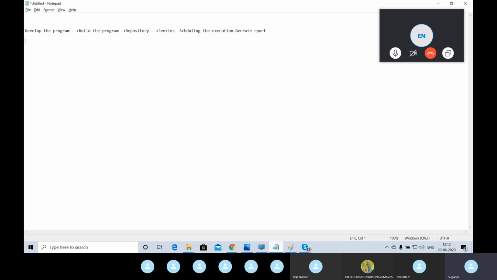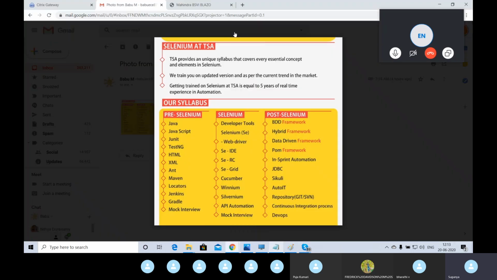Jenkins will integrate with the repository and fetch the code. The repository will integrate with your developer environment and fetch the code. All this process of integrating is nothing but continuous integration. You got it, guys? Very clear?